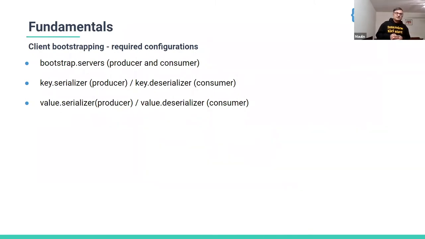Now let's talk about the other fundamentals on the client side of the ecosystem, where in order to bootstrap a client application for Kafka, there are a couple of configurations which are important to understand. One is the bootstrap servers. What that means is, out of, let's say, 10 brokers in a Kafka cluster that you want to connect to, you pick 3, let's say, and put them in a list in the bootstrap servers configuration in your application, of course with either the host name and port or the IP and port.